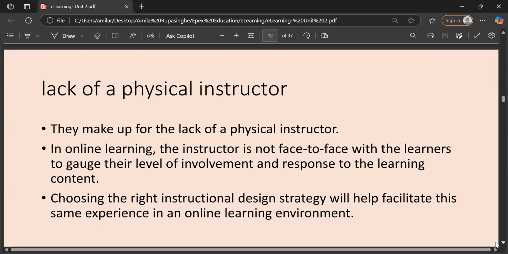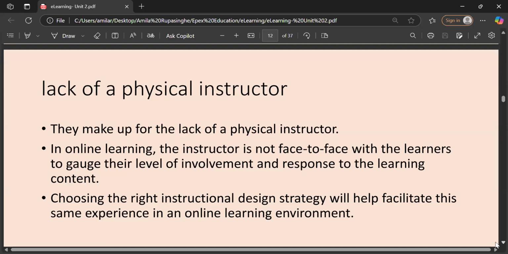So for lack of a physical instructor, we have to give a learning experience appropriate to the online learning environment. We can't meet them face to face, and we can't get their involvement easily.